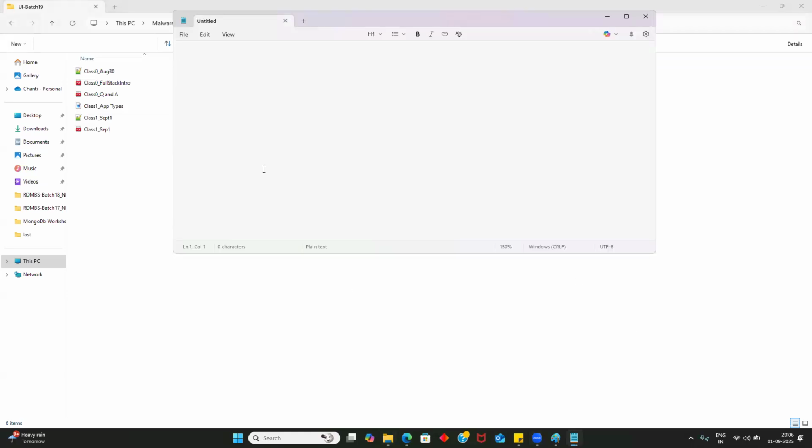Okay, I think we are good to start. Today I'll be starting your UI. Hope you recall that as part of the UI technologies, you have to learn some core concepts first and then some advanced concepts. As part of the core, you have HTML, CSS, and JavaScript. And as part of the advanced technologies, we'll be learning two things: Bootstrap, as well as React.js.